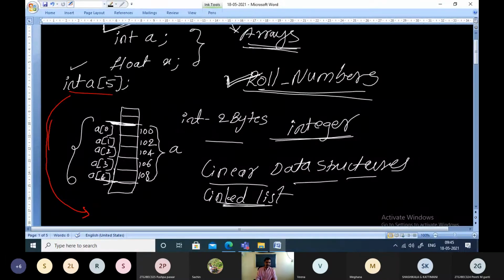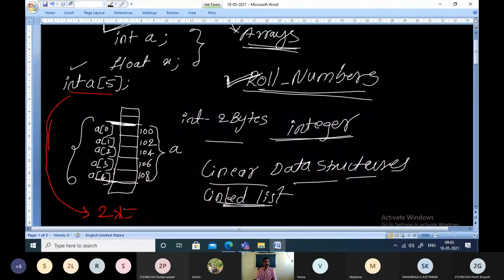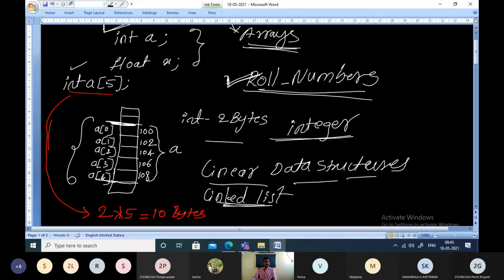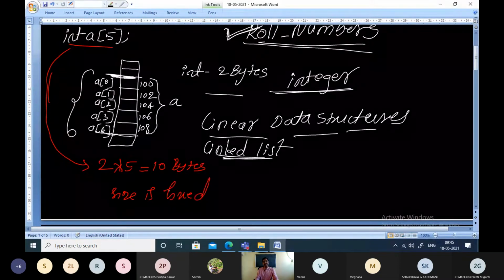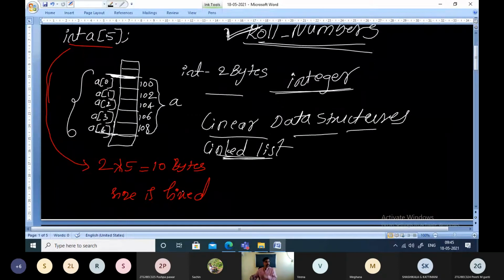If one integer takes 2 bytes, and there are 5 integers, then 2 into 5 is 10 bytes. This is the size of this array, and it is fixed during the execution. Why? Because it is an example of static memory allocation. When you allocate the memory, it will not get altered during the execution.